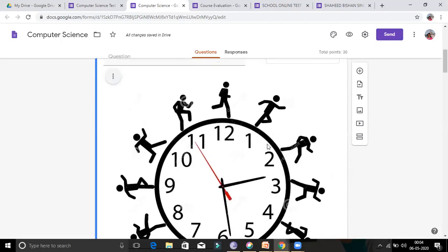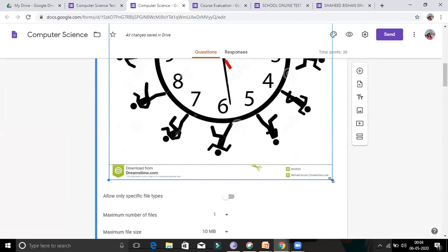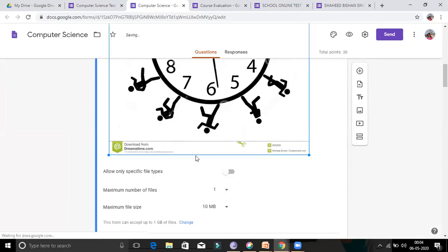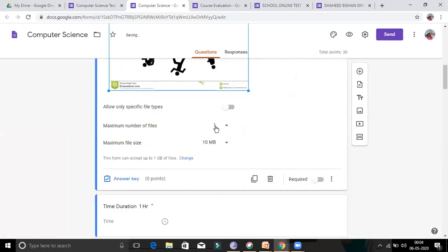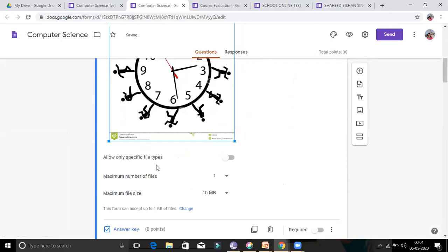This picture I have pasted. You can make it shorter, otherwise the same space will be consumed by it. We can modify it to be shorter.